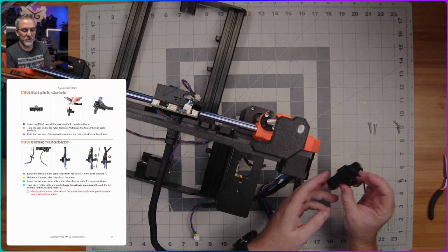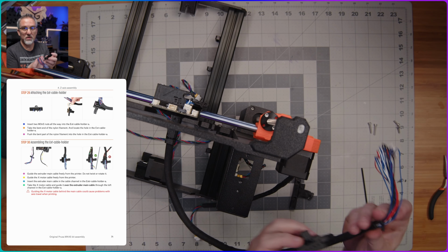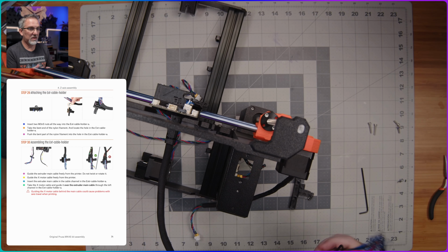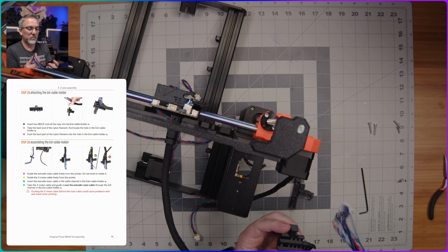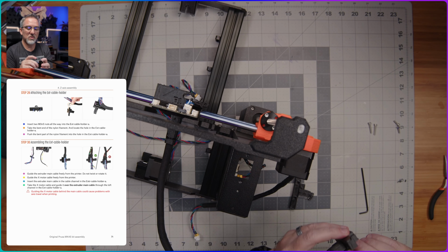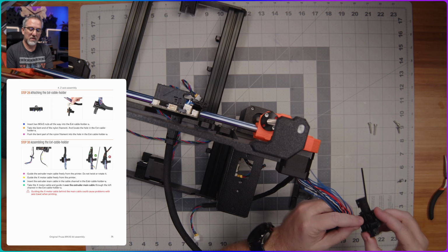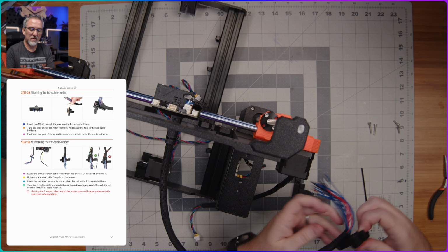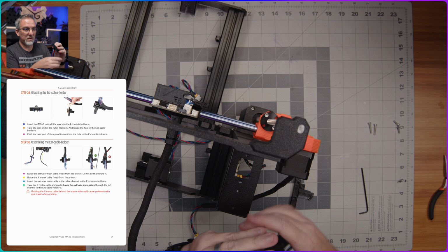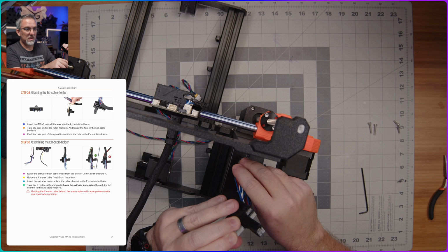All right, that looks good. And then we're supposed to grab the other end of this little bent nylon piece, and put it in here to this hole right there. So now I'm supposed to put the extruder main cable into here,